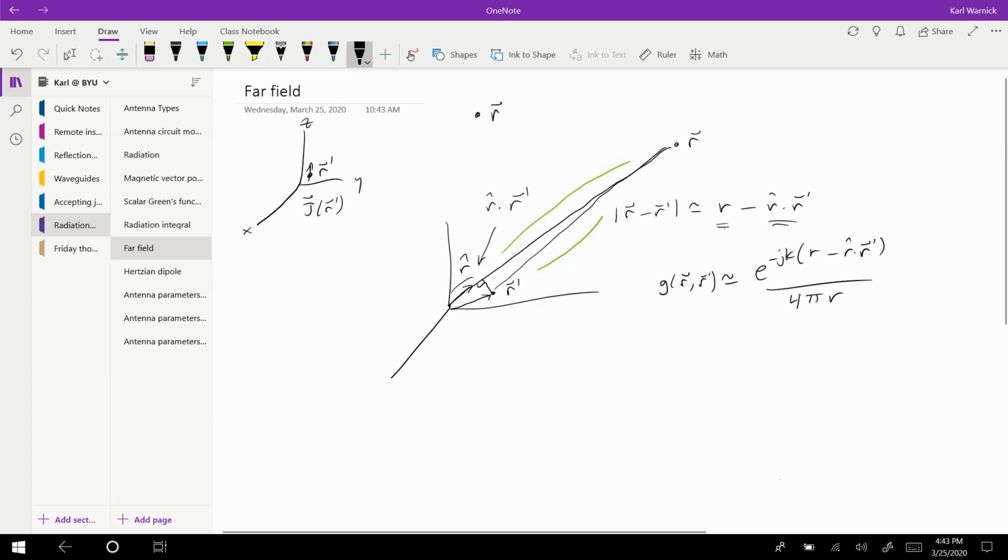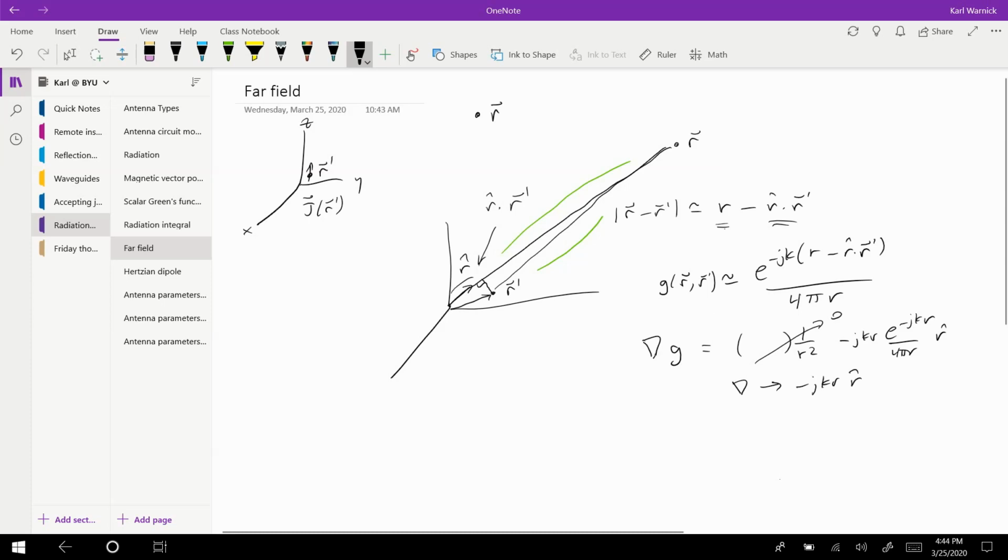We need one more ingredient, and that is there are some del operators in the radiation integral. If we apply the del operator, we get a bunch of terms that are quite complicated, but they're multiplied by 1 over r squared. So those become really small in the far field when the point r is far away and r is large. But then we have another term, which is minus jk e to the minus jkr over 4 pi r times r hat. So what that allows us to do is to replace the del operators with minus jk r hat